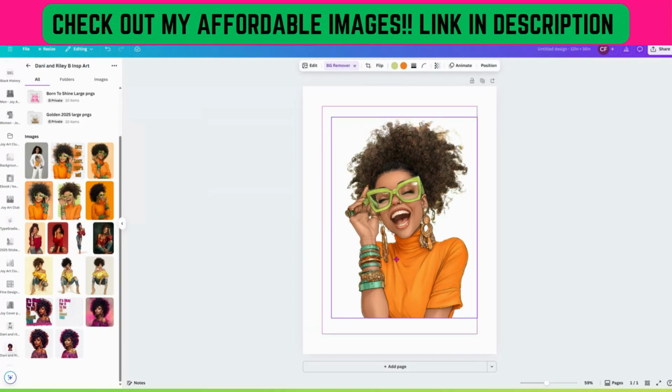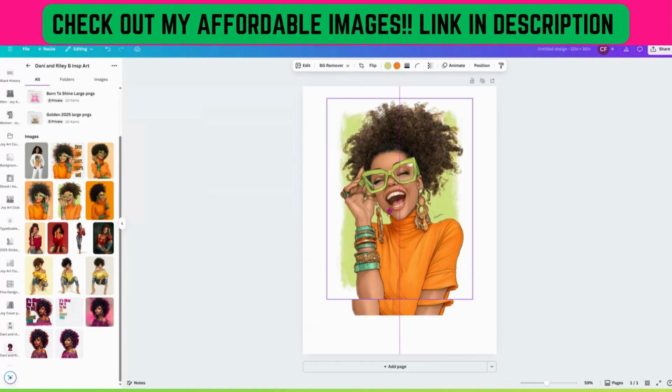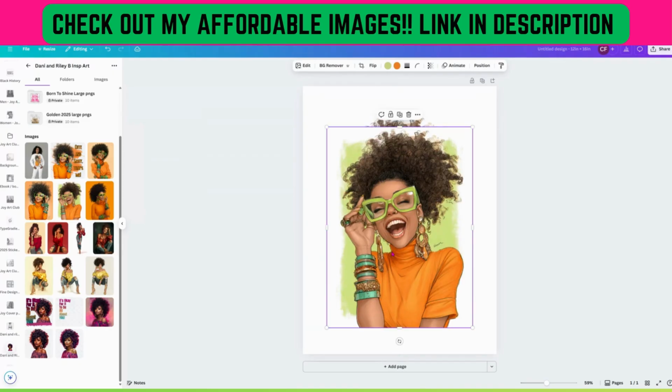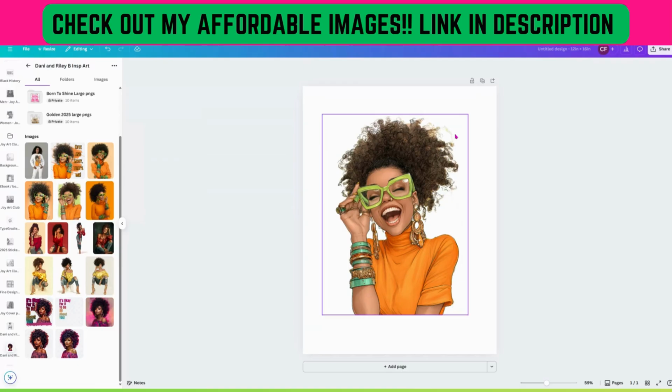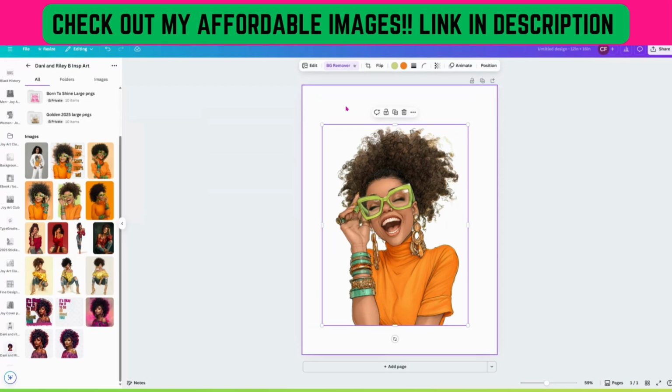What it also did, unfortunately, was remove the kind of green. Let me click back on here. See the green right here? It removed that as well, and I don't want that removed. So let me get rid of this. I do want the background removed, but because it removed the watercolor stain behind it,